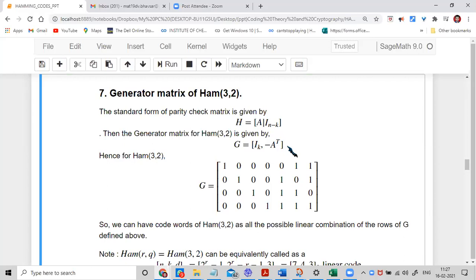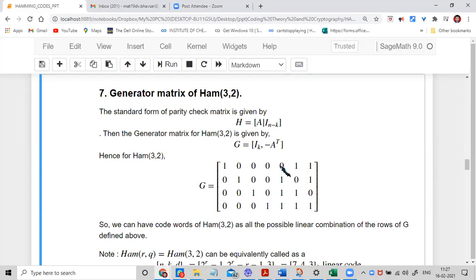Yes, whatever you defined was from G to H, and I just defined from H to G. No, both are the same actually. You are going from C to C perp and C perp to C. They are orthogonal to each other. So that is good actually. It is better to look at this way also. I do not confine only in one way. Yeah, I know, then I am constructing the parity check matrix for the C perp, right? Yeah, that's good.